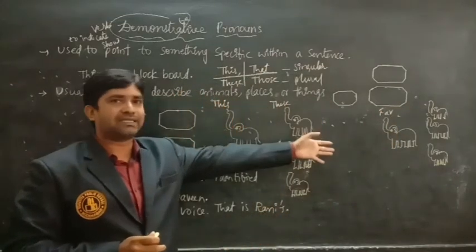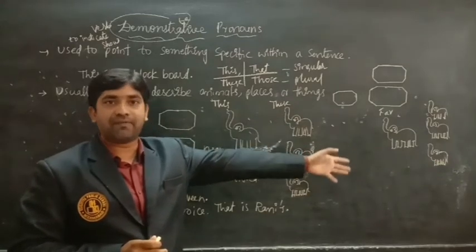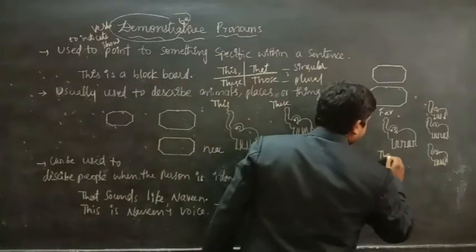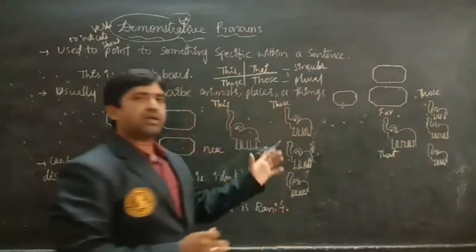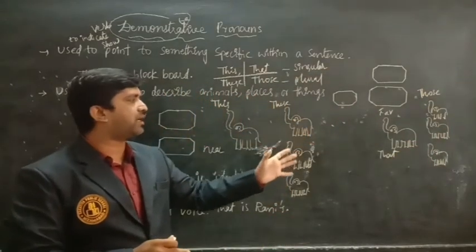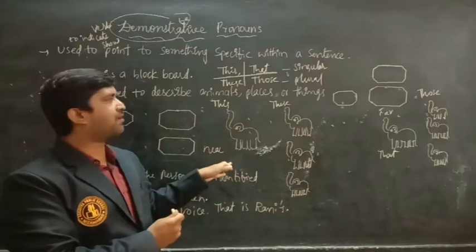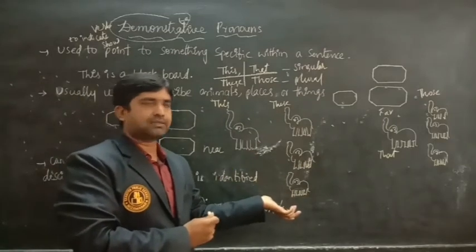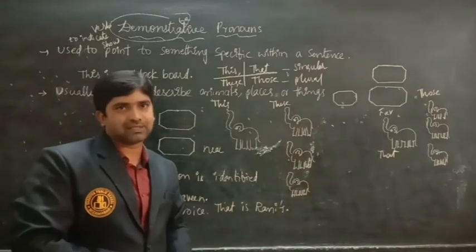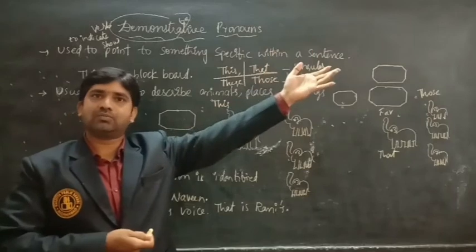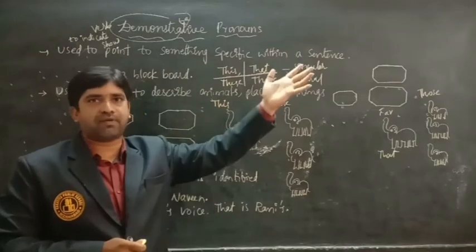we use that. That is an elephant. Those are elephants. What do you call? That. Here, those. If it is far in distance and time, we are using that or those. If it is very near to you, we use this. This is an elephant. These are elephants. Here see the place. This is a room. This is a classroom. Or that is a room. These are classrooms. Those are classrooms far away from you.